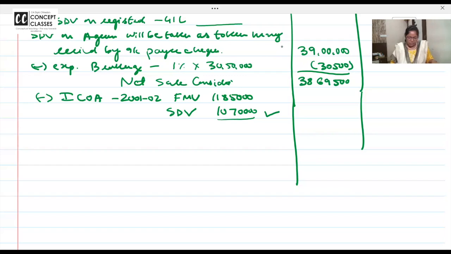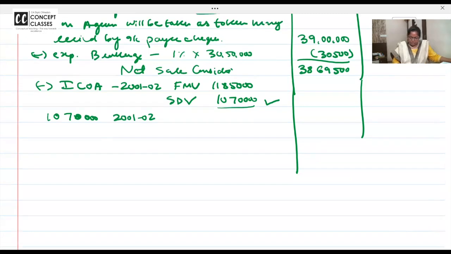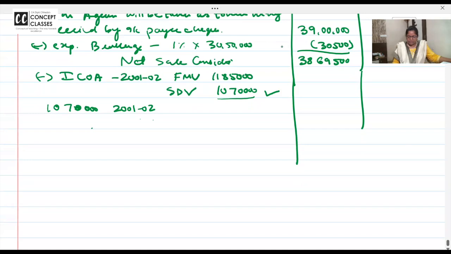Stamp duty value says the fair value cannot exceed, so we will take 10,70,000 as the cost in 2001-02. Why are we taking 2001-02? Because the asset is purchased in 1979, so from then we will not take. So indexation starts in 2001 when fair market value is 11,85,000, but it cannot exceed the stamp duty value. All the concepts are revised in this. So obviously we'll take 10,70,000. From this we will reduce